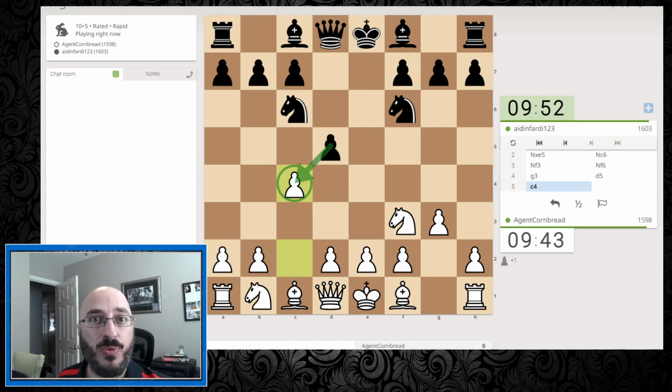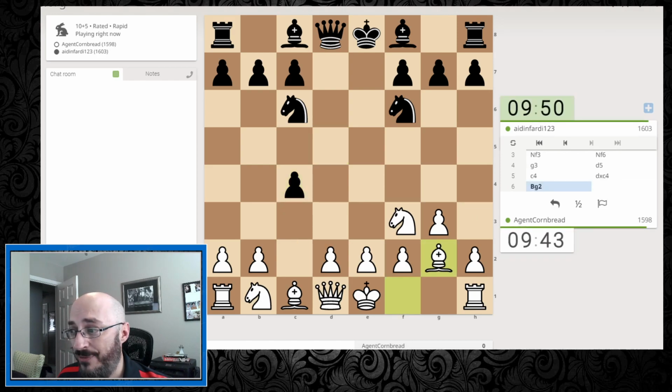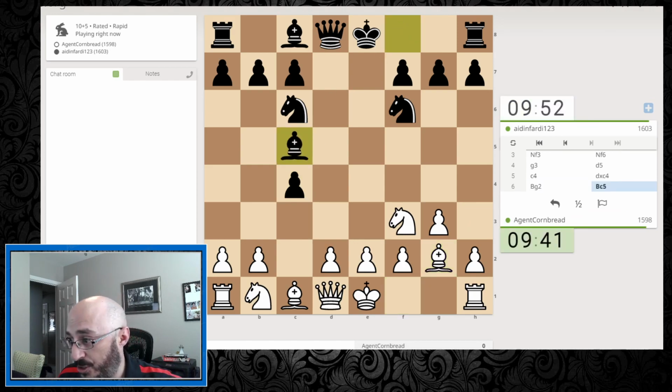If my opponent takes, one of the things to remember about this c4 Reti, it's something I'm trying to get better at playing. I don't play a lot of them, but lately I have been, because I've been trying to get better, which is why I've been winning and losing games. You don't have to do anything about this pawn right away. If your opponent tries to defend it,